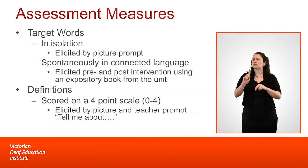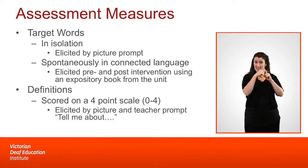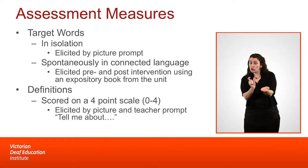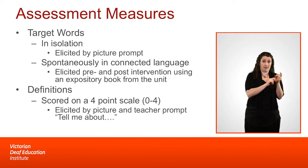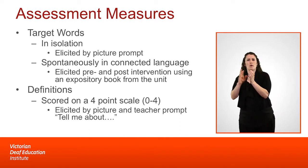So these are our assessment measures. We assess the target words in isolation. We basically use the picture prompt. We put the picture in front of the child and ask them for a word. And so the kids would give the word. We do this at both baseline and during the intervention, and then during a follow-up to see if children retain the vocabulary. But then we also wanted to make sure that the kids are able to use the words not